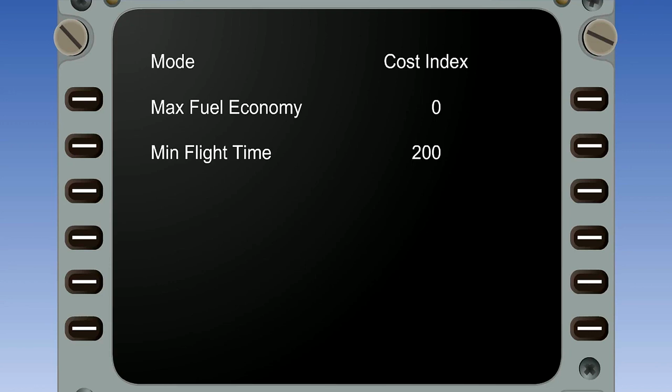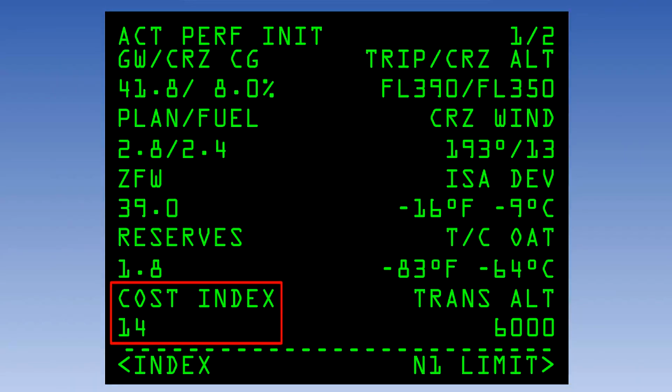It is determined by dividing aircraft operating costs by fuel costs. Only those portions of operating costs affected by trip time are included in the calculation. The range of values is then put on a sliding scale, which is from 0 to 200 for the Boeing Classic series of FMCs. If 0 is selected, the FMC gives maximum range airspeed and minimum trip fuel with a low-speed descent. If 200 is selected, the FMC gives VMO or MMO for climb and cruise and a high-speed descent. The company will specify a cost index to be used for each route.